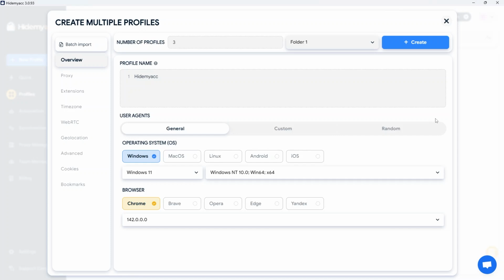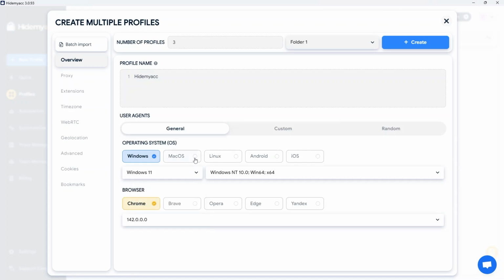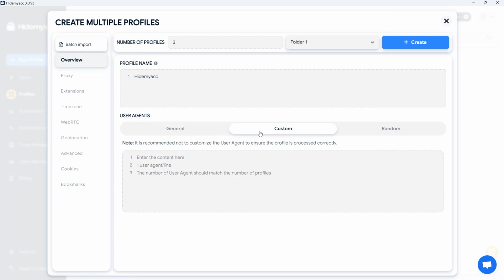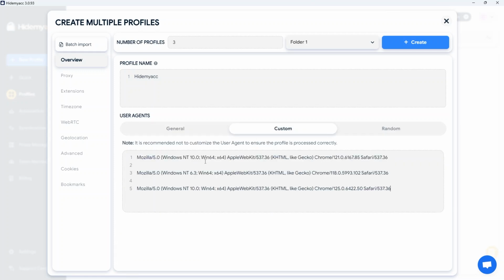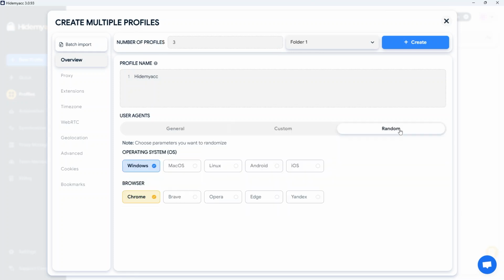In the Use Agents section, there are three options: General, Custom and Random. If you select General, you can customize the OS and browser just like when creating a new profile. If you select Custom, you must enter one user agent per line, and the number of user agents must match the number of profiles. Finally, with Random, you select OS and browser options, and the system will randomize user agents